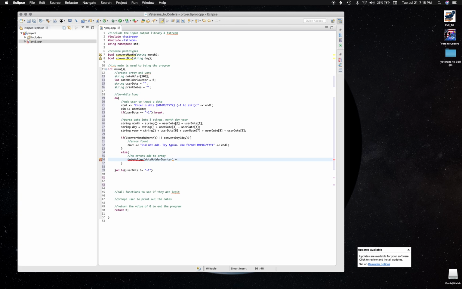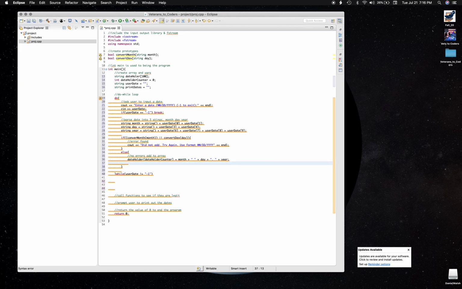It's going to equal the month plus a space plus the day plus, and now in this one I want to do a comma space plus the year,